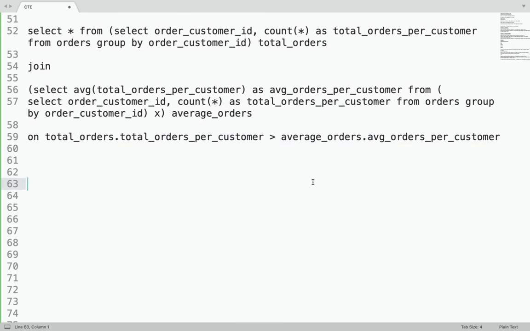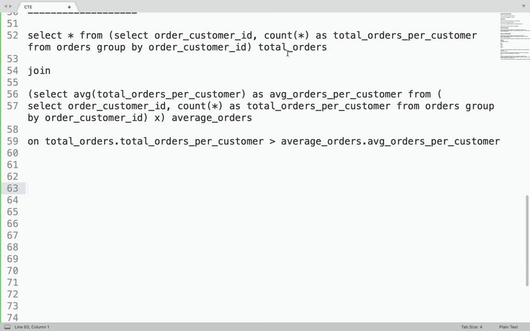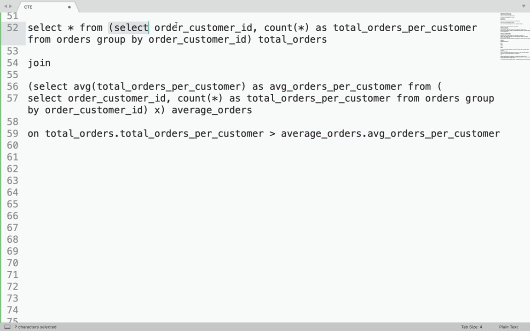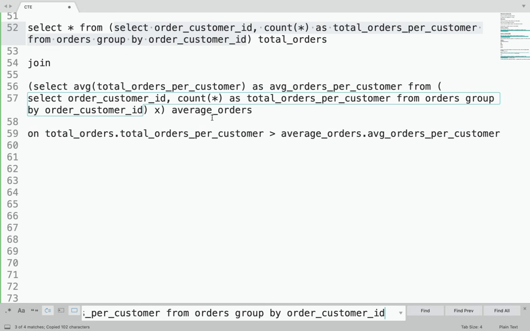So now if you see here, it's very straightforward: total orders and average orders, which we have pre-calculated, but we have to perform a join here. You can just have a look. Select order customer ID, count star as total orders per customer, from orders group by this, total orders, and then average orders. We have already pre-calculated that and are using those statements again, but you can see this query here. And if I do a Ctrl+F, you can see the same thing we have to repeat here,